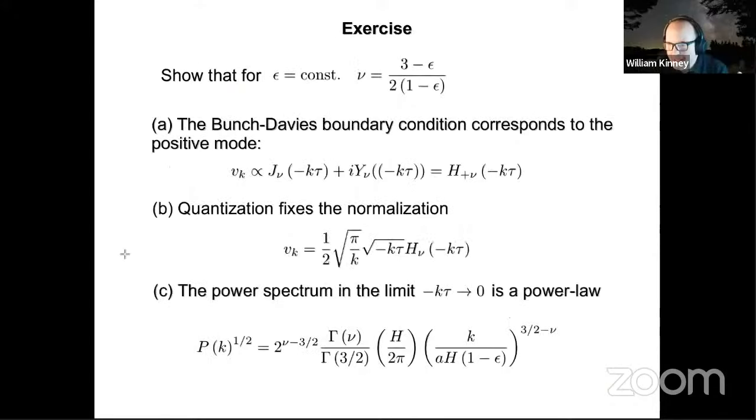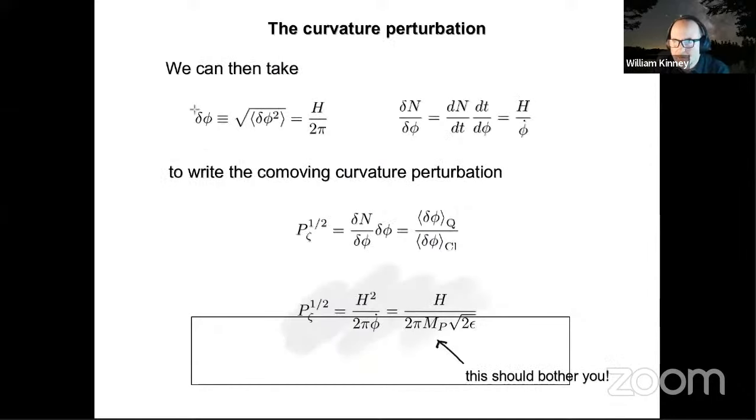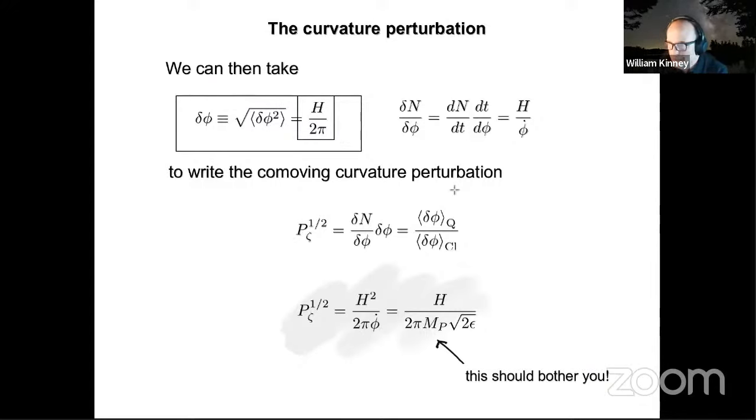So now we know we can calculate the perturbation in the free field fluctuation. That is the curvature perturbation on these flat hypersurfaces, right? If we take the flat hypersurface, the field fluctuation is effectively a free field fluctuation, and delta phi is just equal to the square root of the 2-point correlation function, which is non-zero, and that's just given by H over 2 pi. And then we know that dN by d phi, we can write in units of the field evolution rate in units of the Hubble parameter, right?